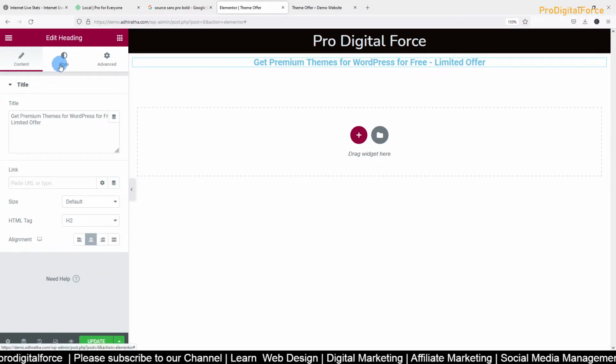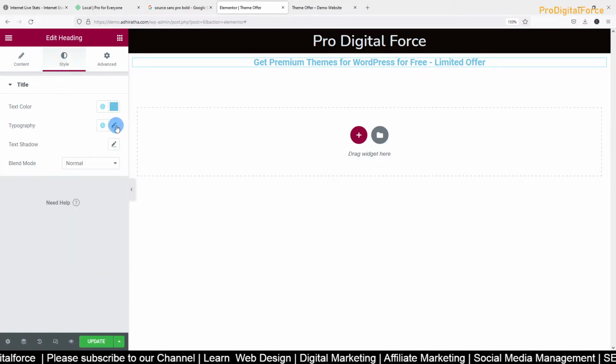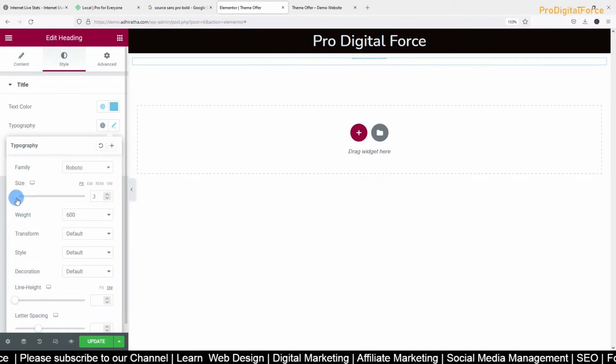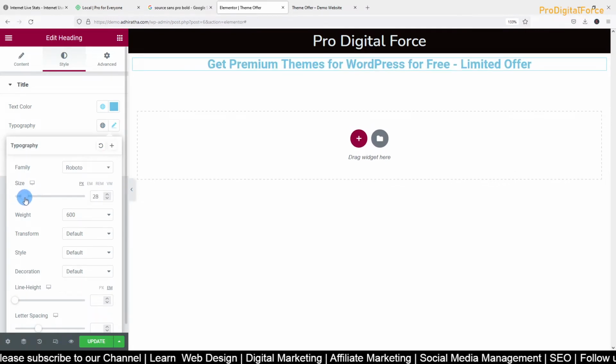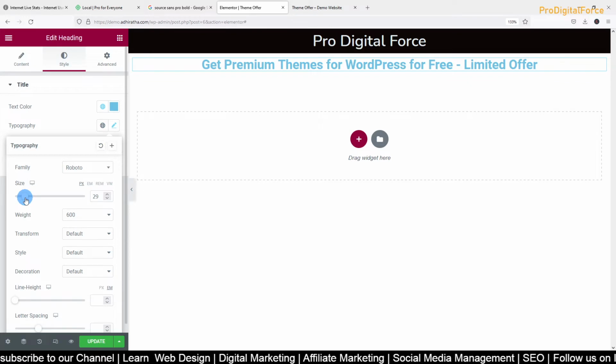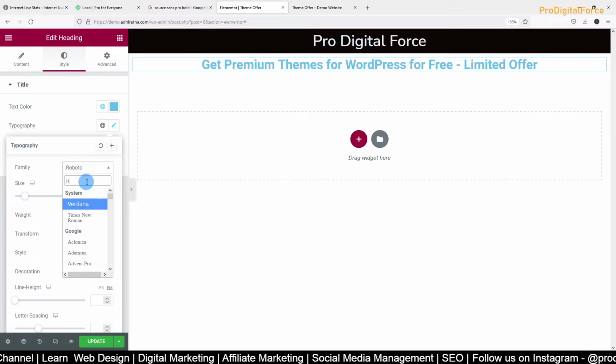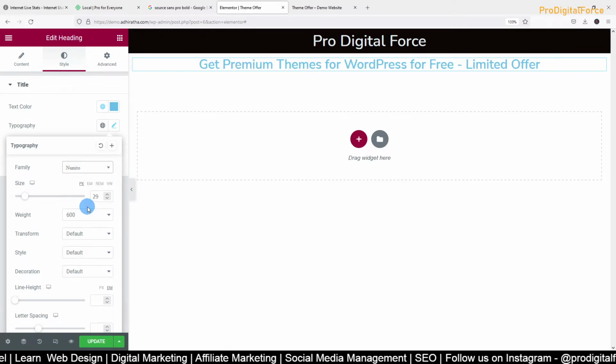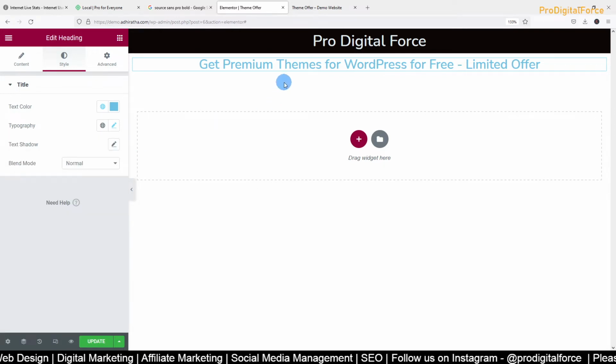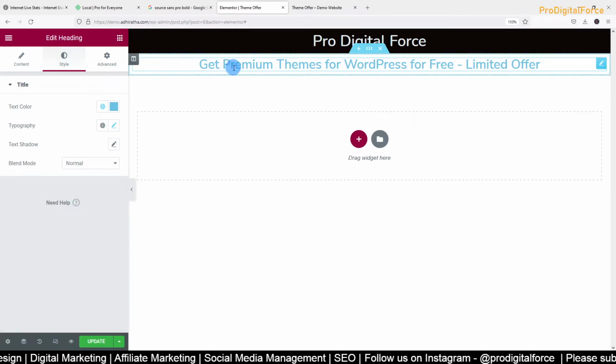Go to style, typography. Then go to the font, something like that. You select whichever font you want. So we have this one.